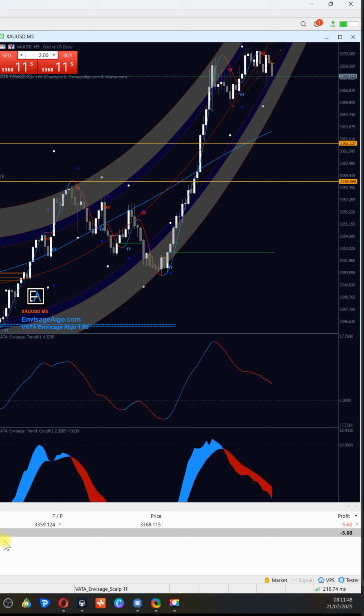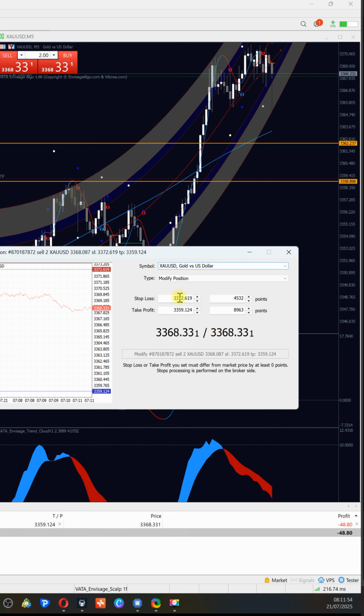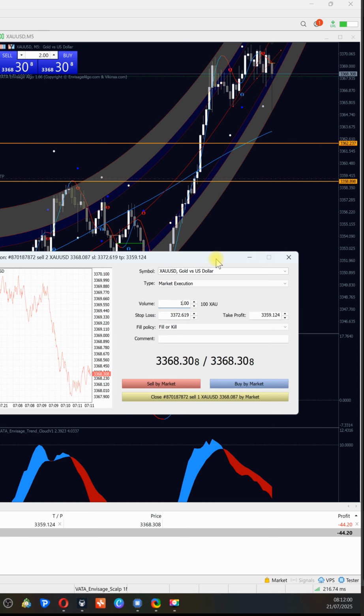Meanwhile, I'll just keep it like this and then we're ready for partial if that happens. Okay, so I'll keep you updated. It is looking good. As soon as the market violates this previous low here on this candle, I think we should see a good momentum to the downside, and that will be a good trade.